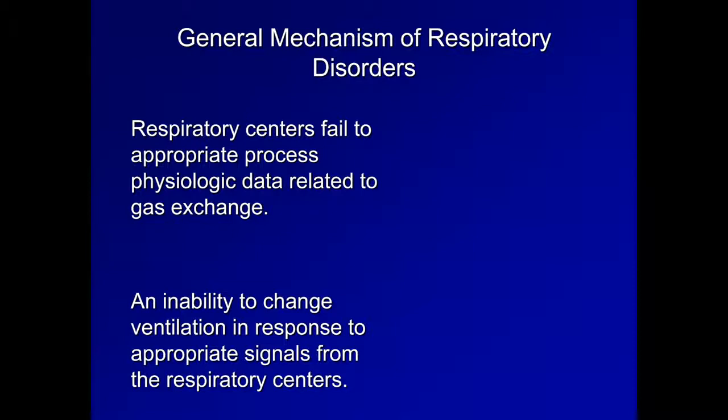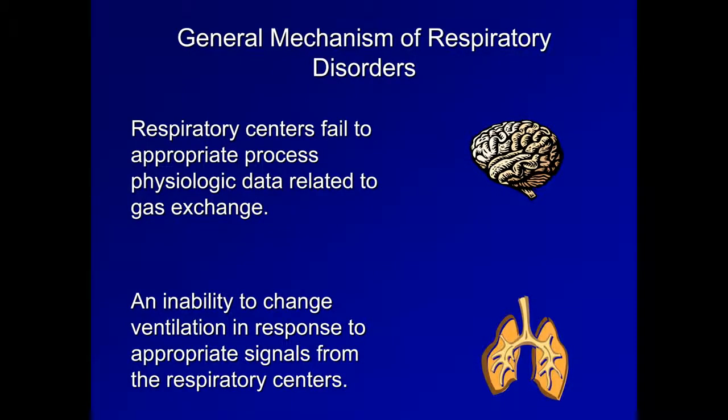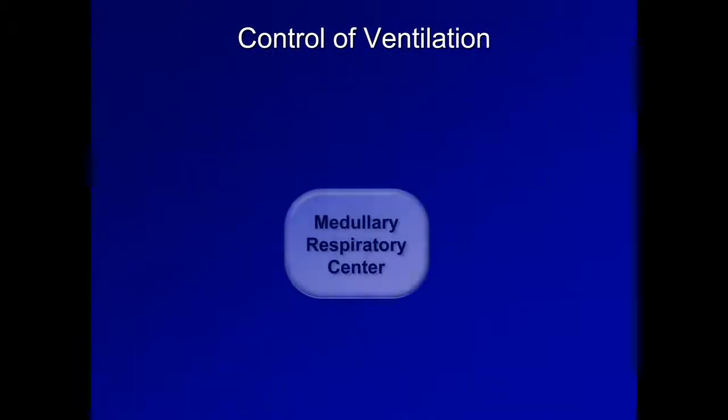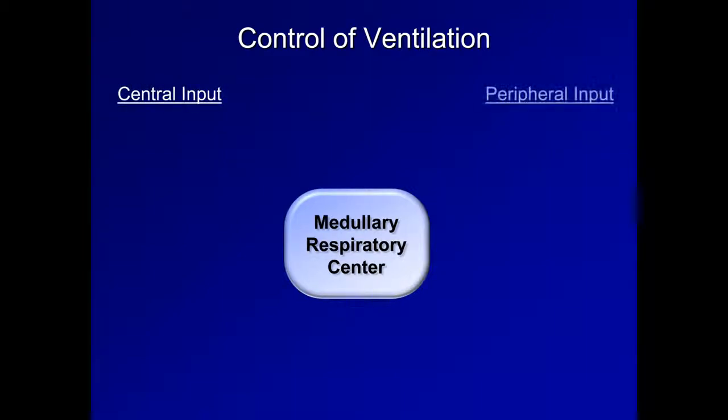Another way to look at this is that respiratory disorders originate from either the source of the signal to increase or decrease ventilation, the apparatus that responds to this signal, or the means of communicating that signal from the former to the latter. Control of ventilation is a complex process in which the medullary respiratory center integrates input from various locations in the brain, as well as sensory impulses from a variety of peripheral chemoreceptors and mechanoreceptors. The result of this integration is the medulla's direction to the muscles of respiration as to the rate, depth, and